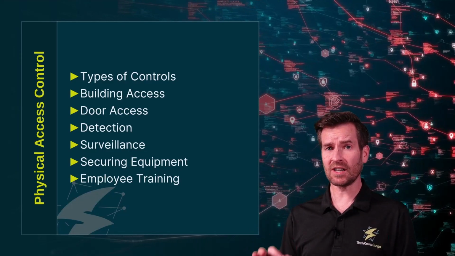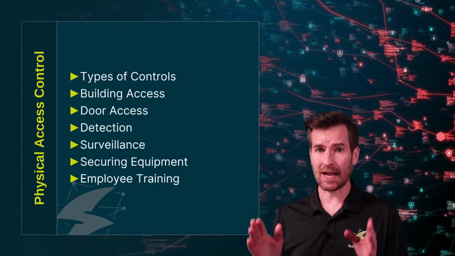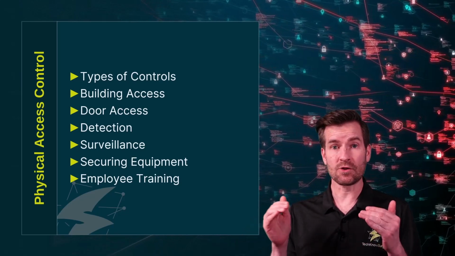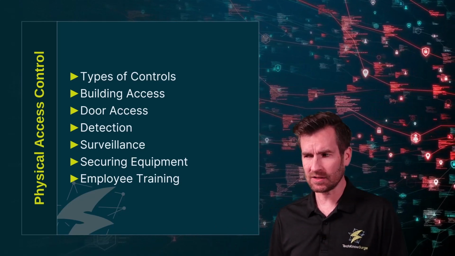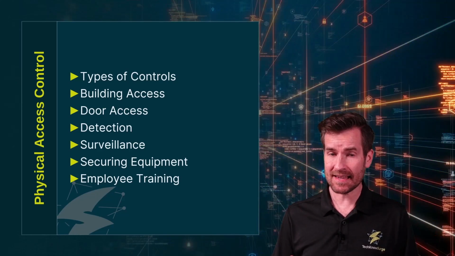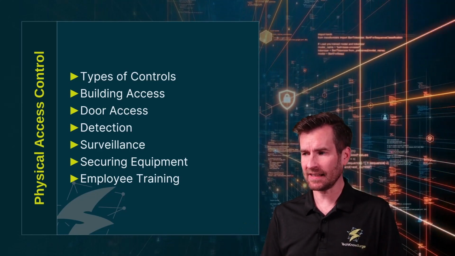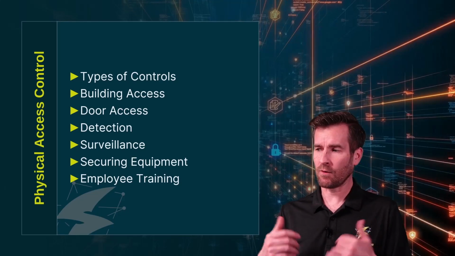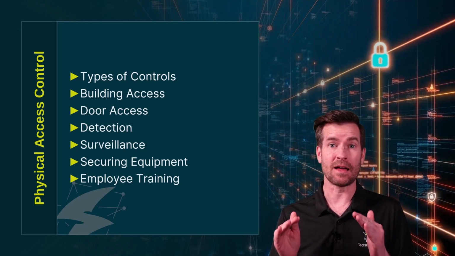In this video, we'll start out with just a brief mention about types of controls. We're going to get into building access and what that looks like. We'll talk about door access, detection, surveillance, securing equipment, and we'll finish it off with a brief mention about employee